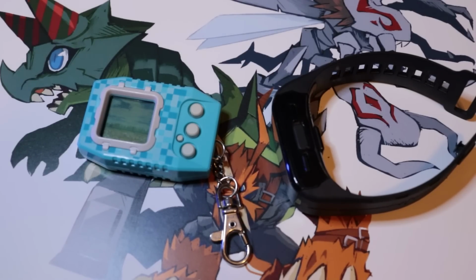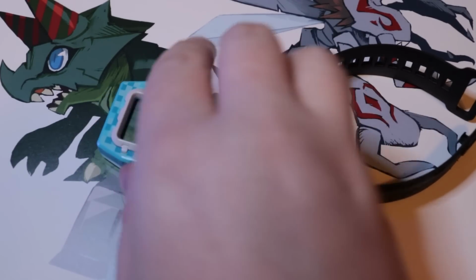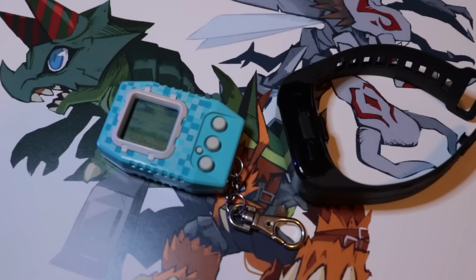Unlike other V-Pets I normally cover, this one didn't have a lot of mechanics that were coming over from previous iterations. So, for example, when I got my Pendulum Z, I knew it would be mostly like the Pendulum Zs that I already reviewed before that point, and even those were mostly similar to the Digital Monster X, which had a lot of features from the Pendulum version 20th, which also had a lot of features from the Digital Monster version 20th. Digimon V-Pets are mostly the same from iteration to iteration, but with changes to make them unique,